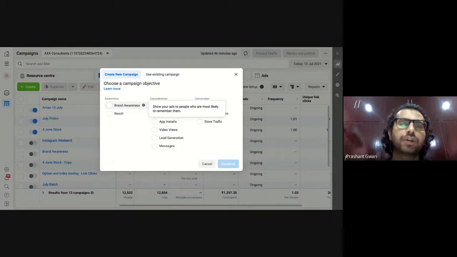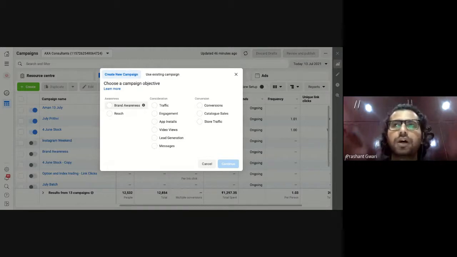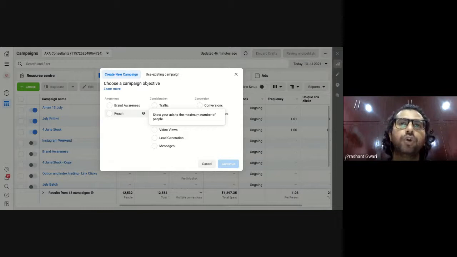And they ask you this question on the survey, and you say yes or no. So if you choose the brand awareness campaign, Facebook will plant or post your advertisement in front of those people who will most likely remember you after 7 days. If you choose the second one, which also comes under the awareness part, the first part of the sales funnel, which is reach, Facebook will try to show your advertisement to the most people. So these two are the brand awareness and reach parts.